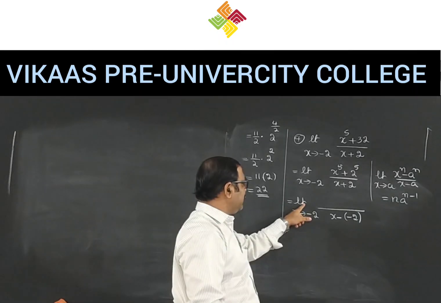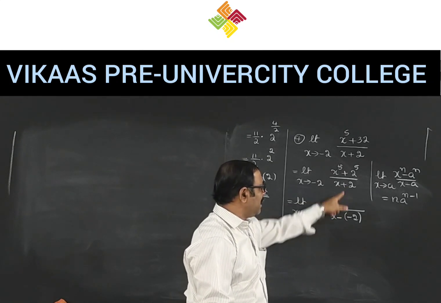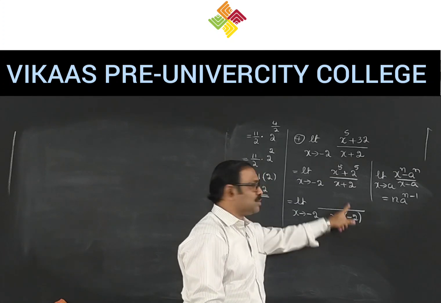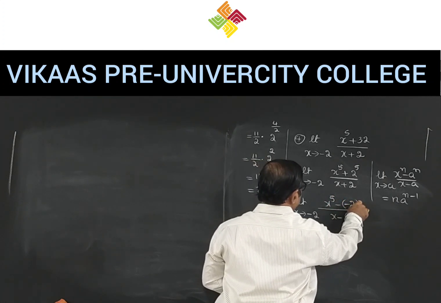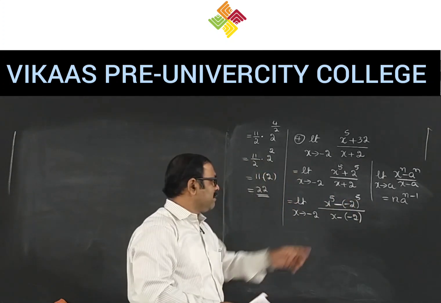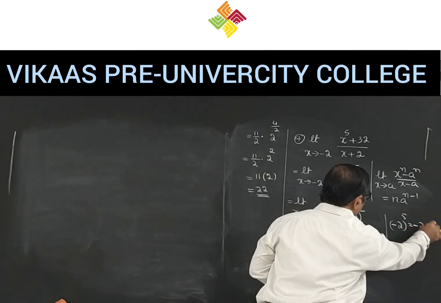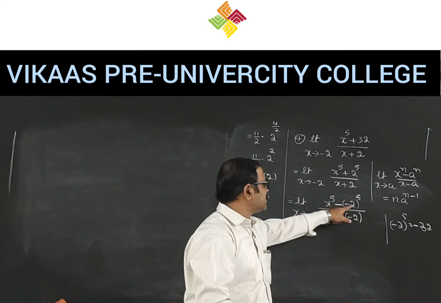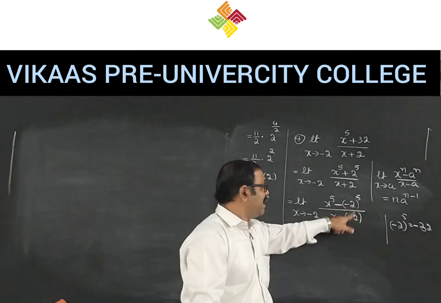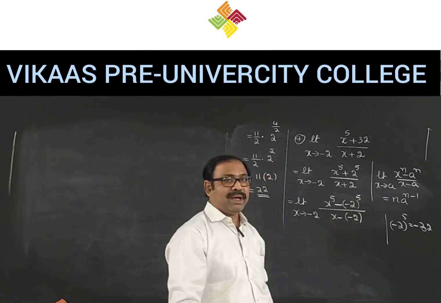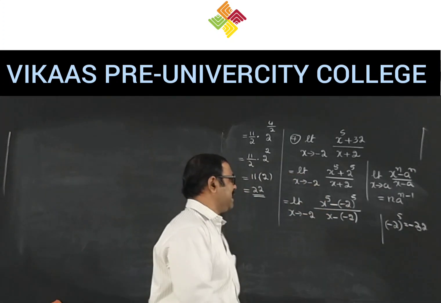So we write limit x tending to minus 2. X, see, look at the denominator. I am writing it as x minus of minus 2. Same fact. Even the numerator we can write, see, minus 2 power 5. See, minus 2 power 5 is how much? Minus 2 power 5 is minus 32. Remember, therefore, minus of minus is plus. Now don't say minus into minus is plus. That is meaningless. First you have to evaluate minus 2 power 5. What is minus 2 power 5? Minus 32. So minus into minus becomes plus.